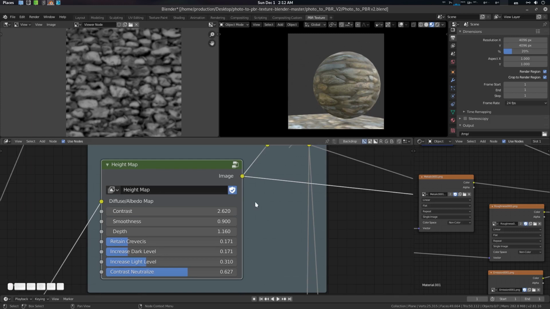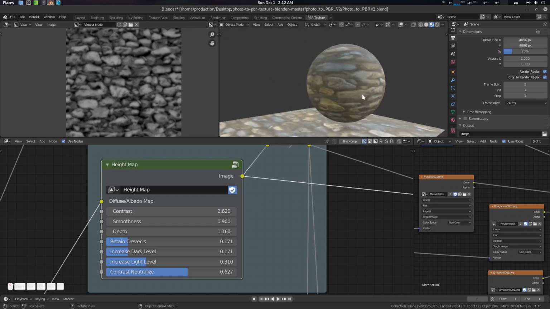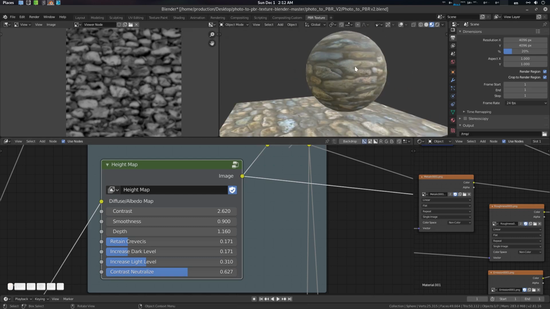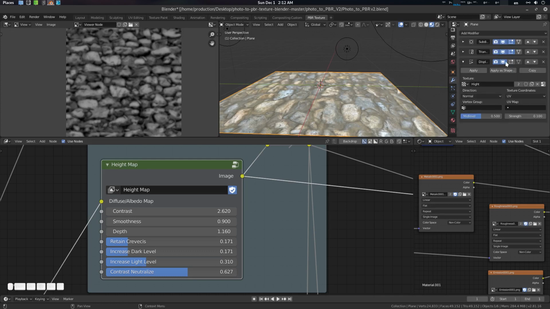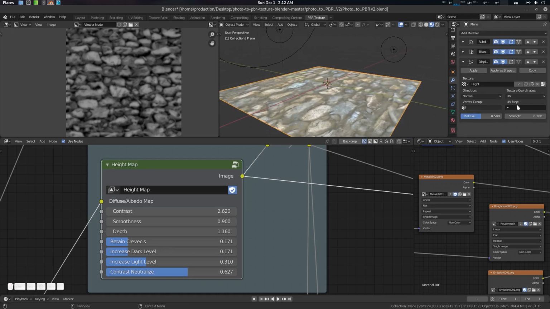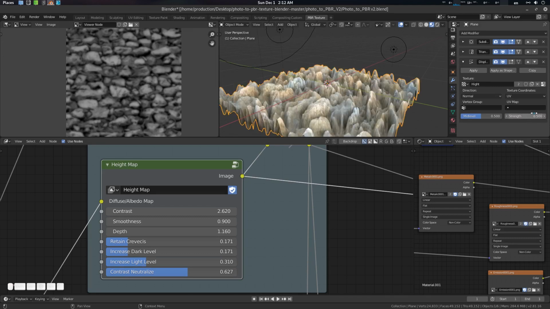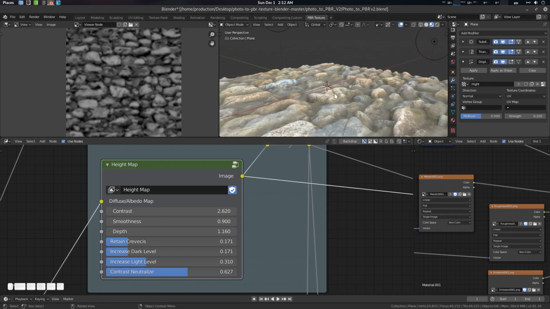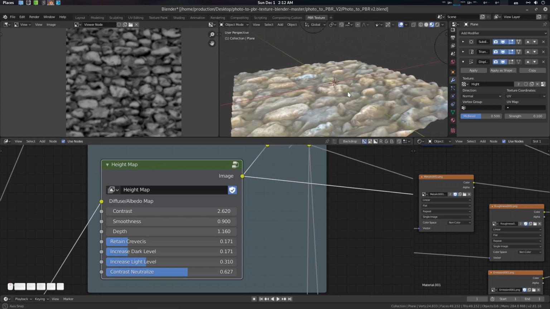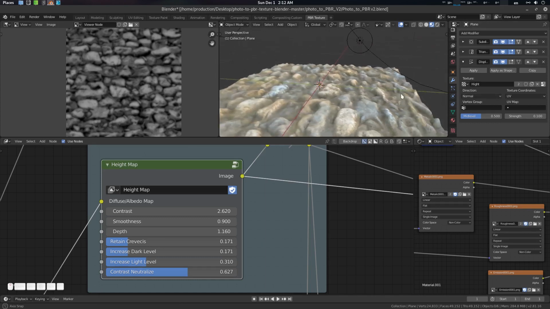So let's press F12, and now let's hide this guy. Okay, hide this guy and let's enable this guy. Go to the modifier. This is your displacement. We are using 0.1 here, so let's go for something like 0.5. Oh, okay, 0.1. Yeah, okay. So what happens is basically the auto reload, in Blender you need to press tab